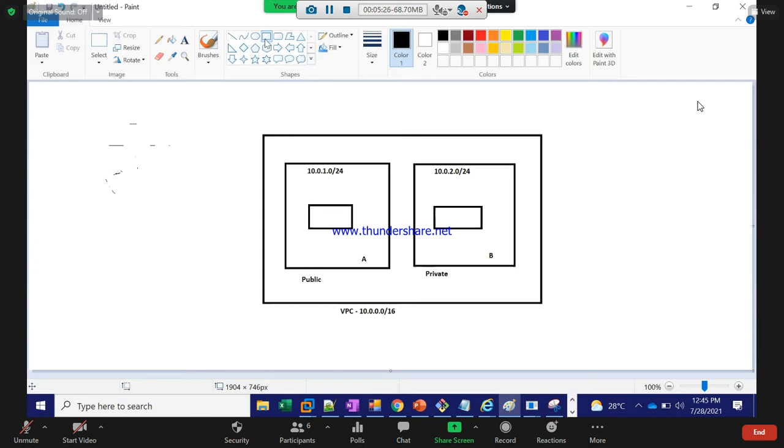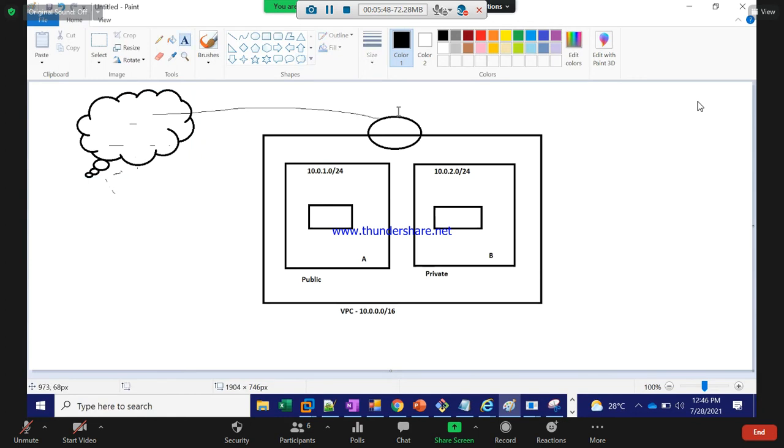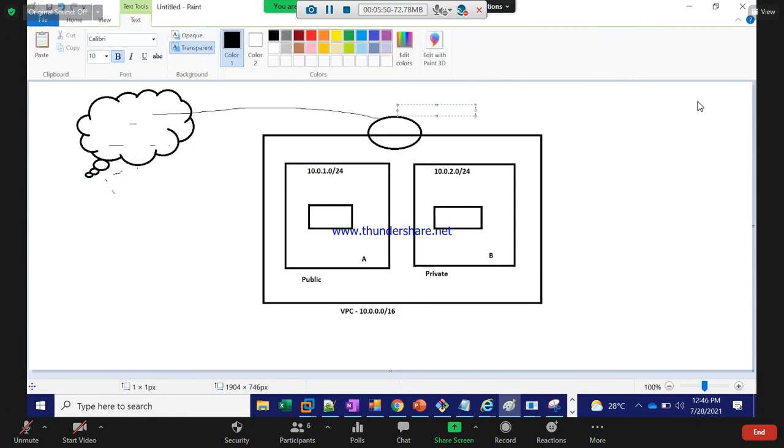If this EC2 instance wants to reach the internet, you need to create an internet gateway. To reach the external world, you need the internet gateway, called IGW.